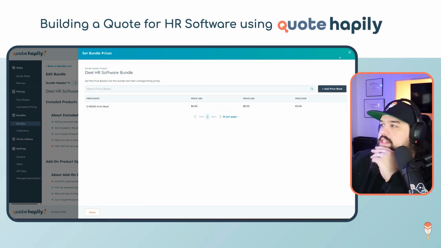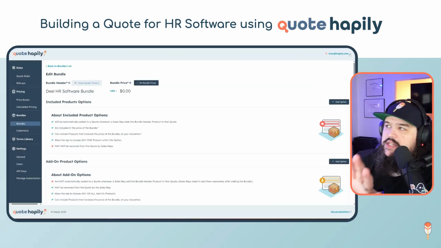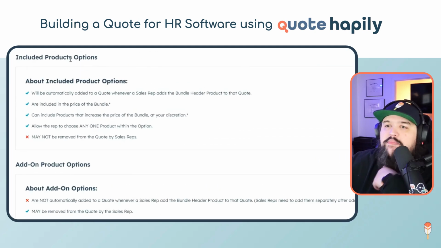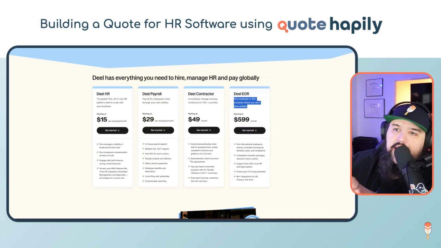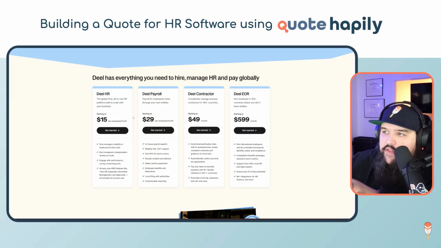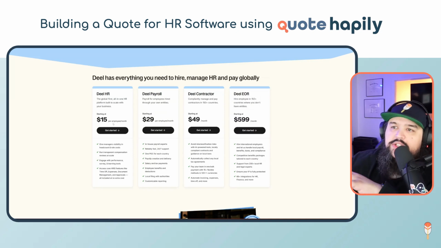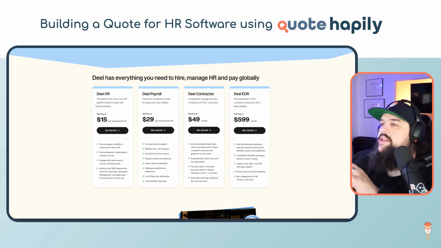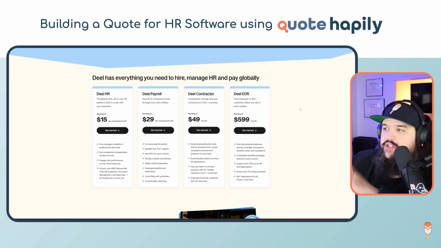Got it. The price is going to be set to 0 out of the box. This is going to change as the products actually get added, right? So, included product options. Now, again, I don't know if any of these things have to be bought for you to buy other parts. I'd assume Deal HR is in there, right? But let's just pretend you can buy any of these things a la carte and we're just building our